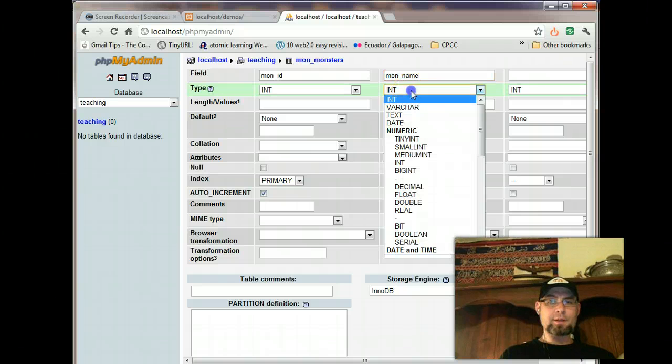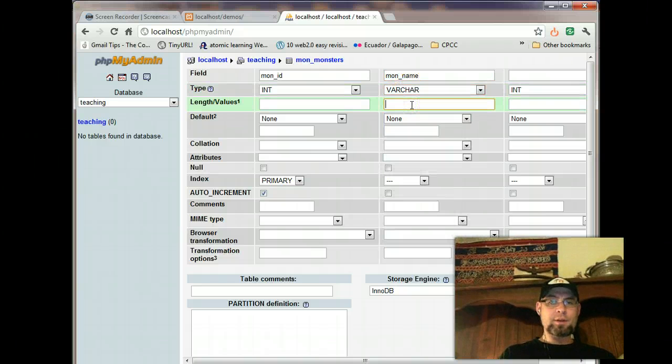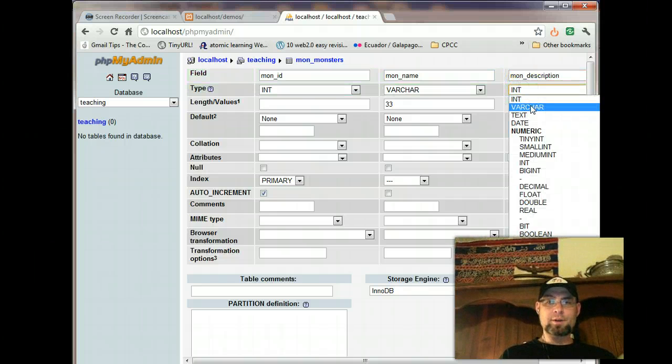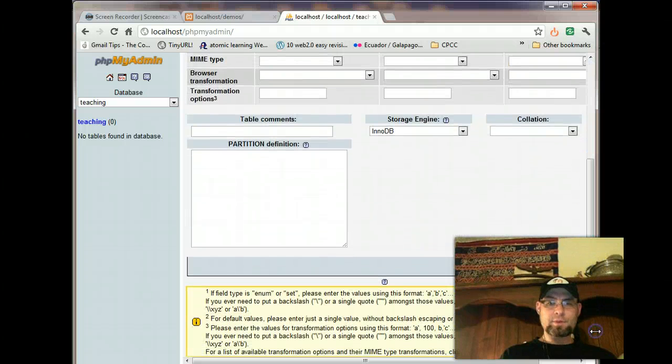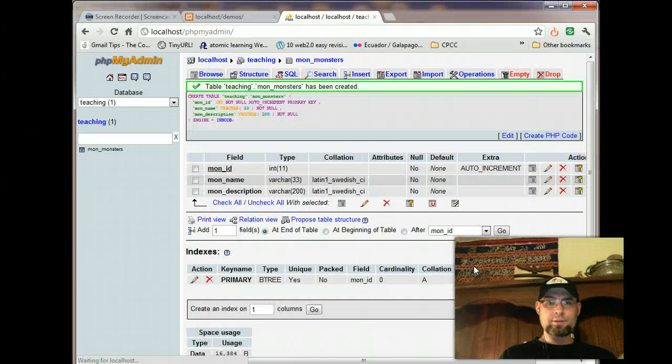That's the primary key. Then mon name, and that's going to be a varchar. And the length could be 33, and then mon description, and that'll be a varchar, and the length will be 200. And none of these can be null, so I leave everything else as is, and I save. It gives me the SQL syntax for it,